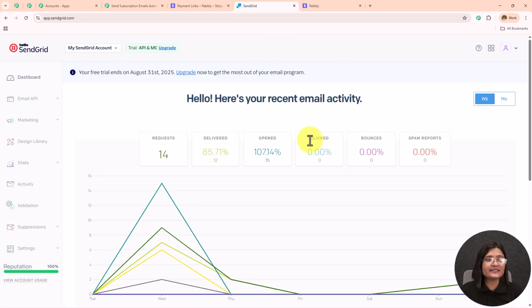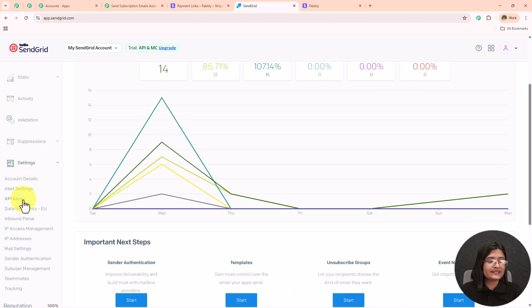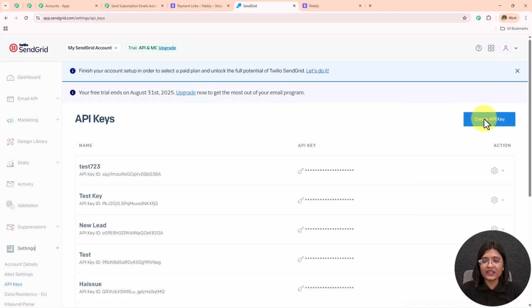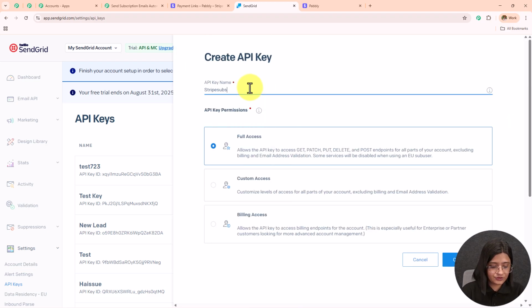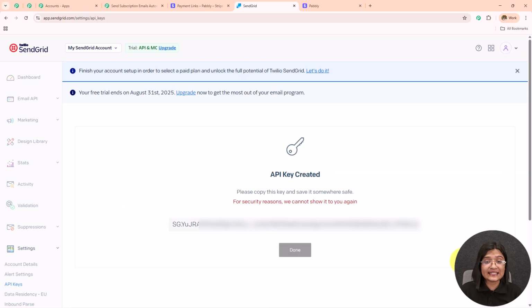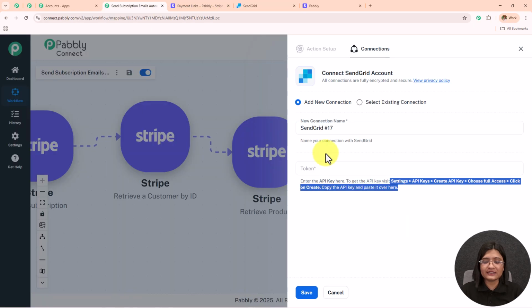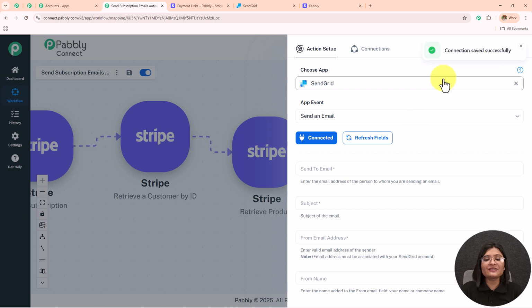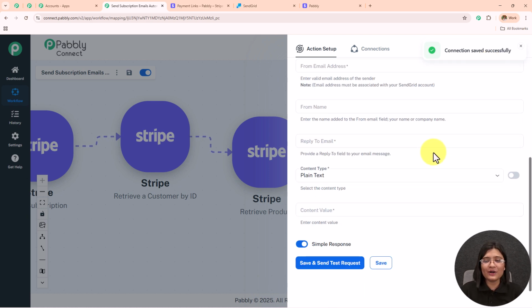We'll go towards the SendGrid. On the left hand side where we can see all these options, we have to go towards the settings, click on this APIs, and then click on this create API key. We have to first name this. So I have named this to Stripe subscription. I'm going to click on this create and view, and here I have selected the full access and I'm provided with this API token which I have copied, and I'm going to paste it over here, and then I'm simply going to save this. You will see SendGrid is connected to Pabbly Connect,